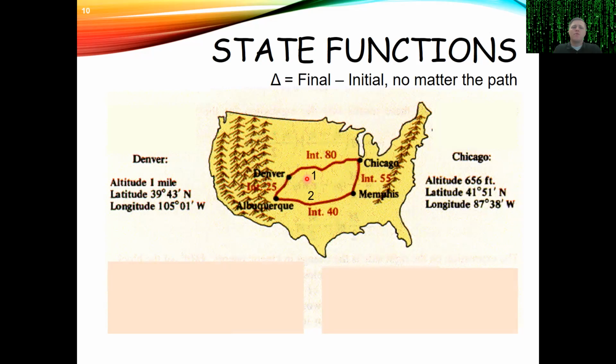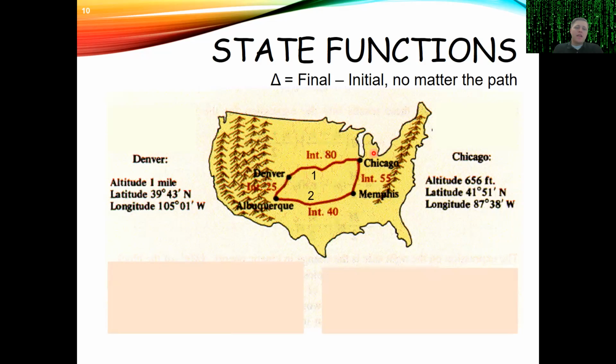I could also take a more meandering course if I want to see more sights. I could take the I-25 down to Albuquerque, see some turquoise stones and some cool art exhibits. Then I could take the I-40 over to Memphis and catch a country concert, some country music. Then I could take the I-55 up to Chicago, and once I'm in Chicago, can do something that is relatable to Chicago, which I don't know.